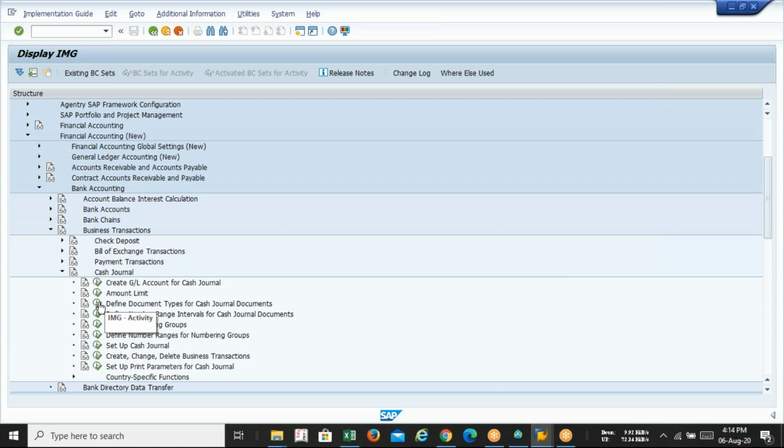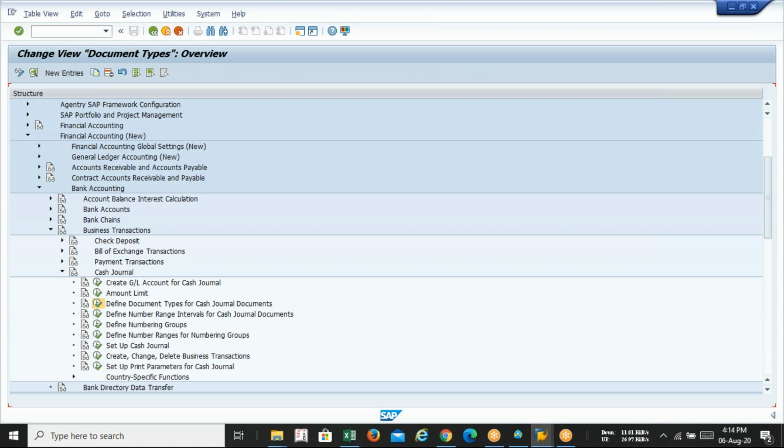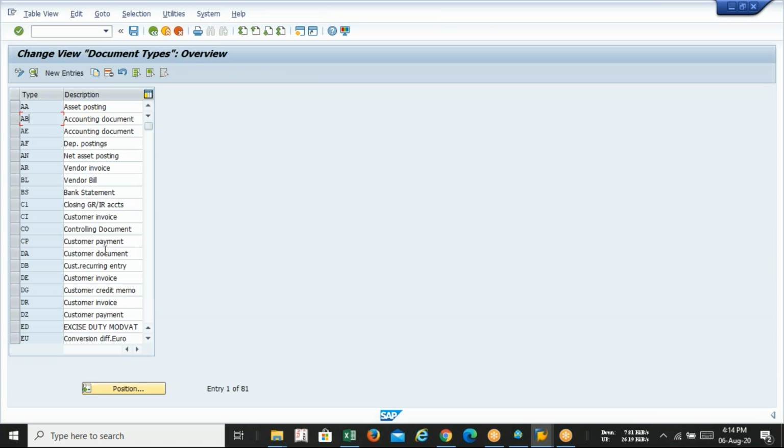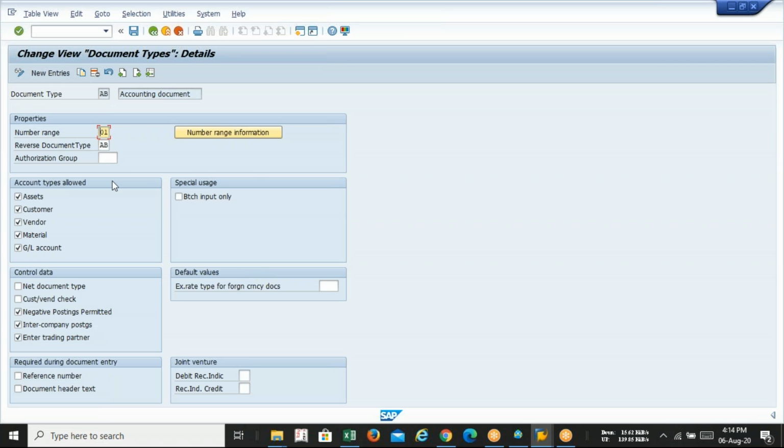Okay, so here we need not create anything. We just need to check whether AB exists or not. You can see that the same screen comes as with OBA7, but we will not execute this by clicking OBA7. I repeat, we would get the same screen by clicking OBA7, but this must be done by following the menu path. You just need to check whether the AB default configuration is present on your server. Just double click on AB and check the configuration. Nothing to change in it. It is a default selection.